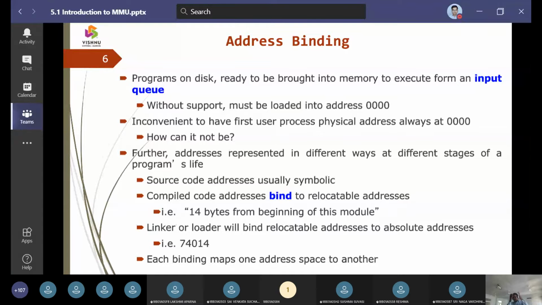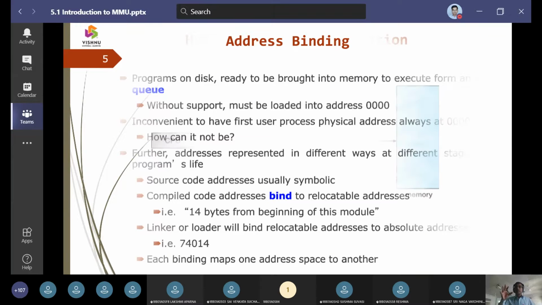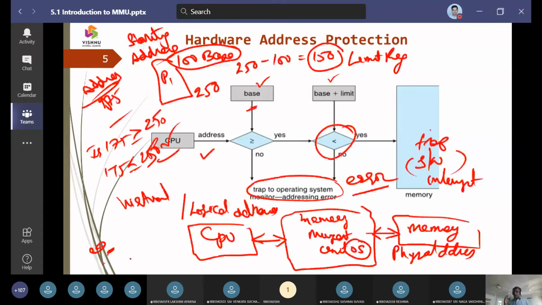So if the address it generates is between base and limit, if it is okay, we say it is in a valid range. Otherwise, it is in an invalid range. If it is raised in an invalid range, then we say it is a trap. That is nothing but an error signal, and that error signal is going to be processed by the operating system, and as it is a software interrupt, we mention it as a trap here. So it is generated by the memory management unit, therefore it is issued as a trap here.